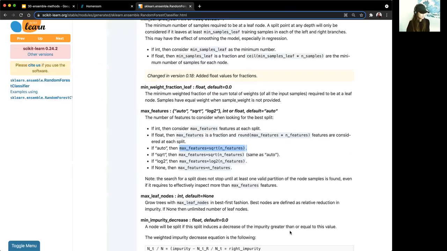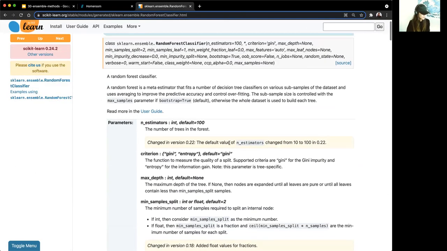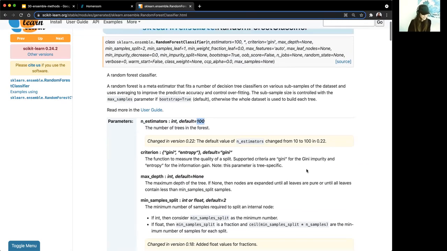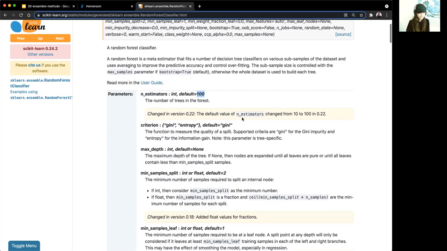So if we take a look at random forests, and estimators, the number of trees that you build, the default is 100. So by default it's going to build 100 trees. It is a little bit more efficient because at each split, it doesn't have to look at that many features, which is why you can start at 100 by default. But other than that, all of the other